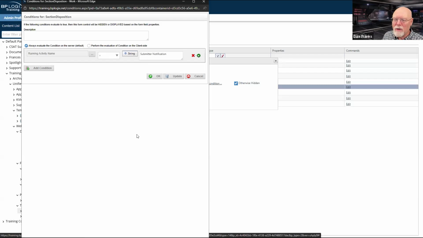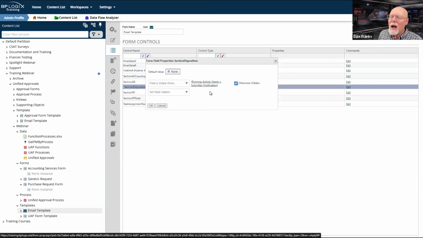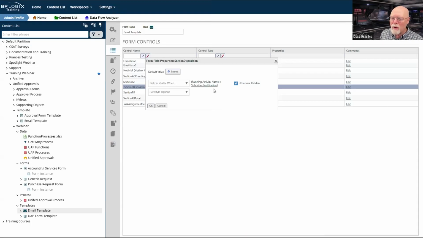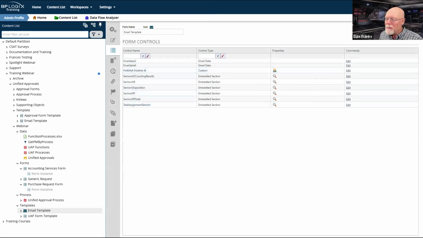Hence, my use of the string and just type in submitter notification. Actually, the ability to do the timeline activity thing is relatively new. That's a version 6 thing, because prior to that, you had to just use the name and you had to do the text matching. Well, we haven't taken that away. Unfortunately for us, because we're in an email template, I can still use that. I can still apply that submitter notification. I suppose it's also possible for, well, it may not actually be possible for me to do this, but we're going to set that.